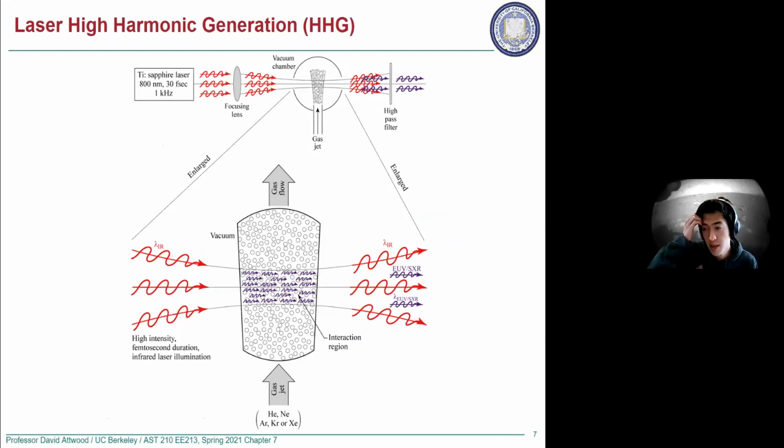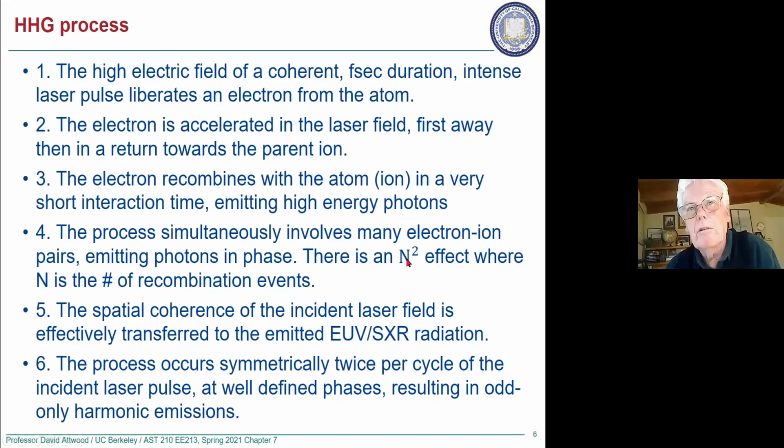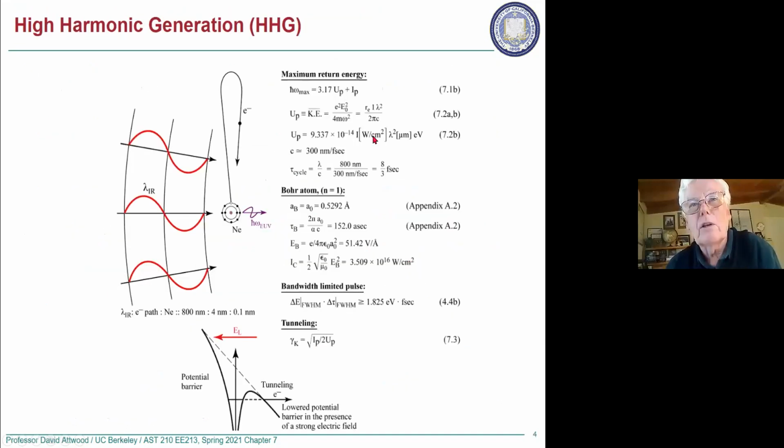So you've mentioned that we only get the odd harmonics. Is there anything in this description that tells us which ones we get? Like you talked earlier, we get multiple high harmonics. Is there anything in this process that tells us which number of harmonic we get, or is that something we're going to elaborate on further later? We're going to elaborate further, but if I go back to this equation,